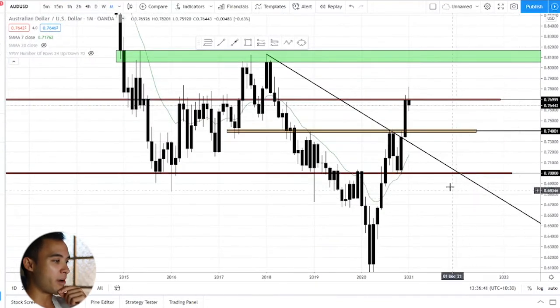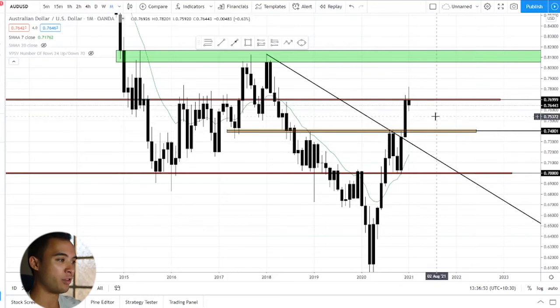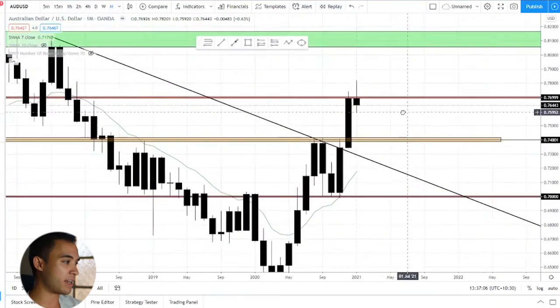We've had a big break of this trend line, but we haven't seen the retest. Now, there doesn't always need to be a retest, but it happens the majority of the time. We haven't seen it yet, and this is on a large time frame, so this huge bullish ride has just been the impulsive move, as you can see by these 2 monthly candles. We haven't had the retrace yet, so there is a strong chance,